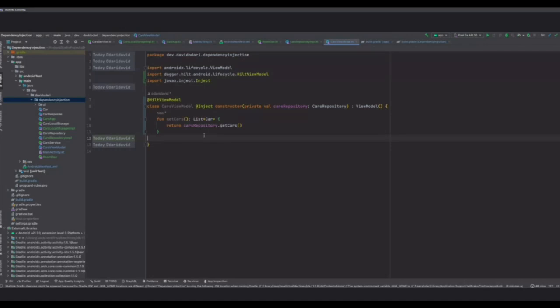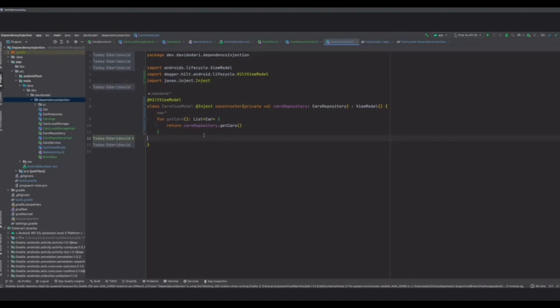A configuration change could be when someone changes the settings, dark theme, light theme, tilts the phone, basically any change in configurations. And the values are supposed to survive this configuration change.